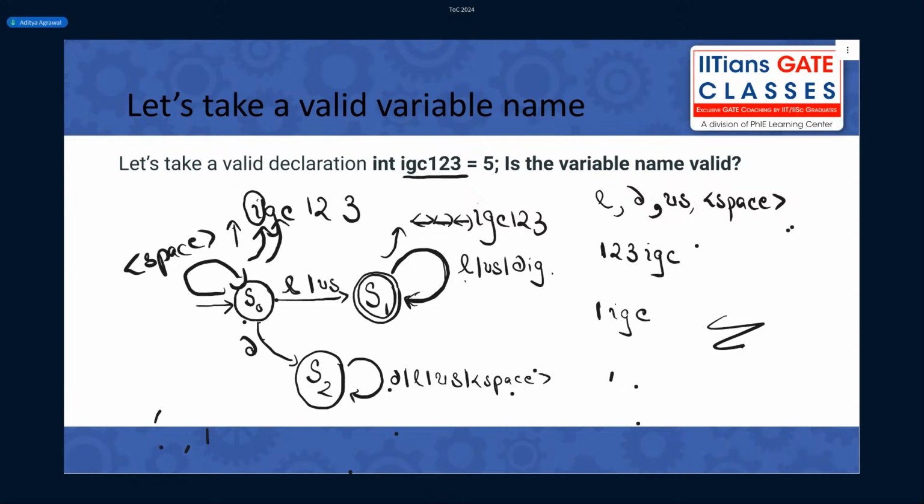Okay. Let's say my variable name is IGC space 123. What will you do? Will you accept it? Int IGC space 123 equal to 5. Which is the dead state? Sahil.